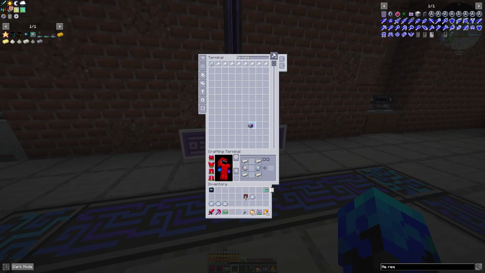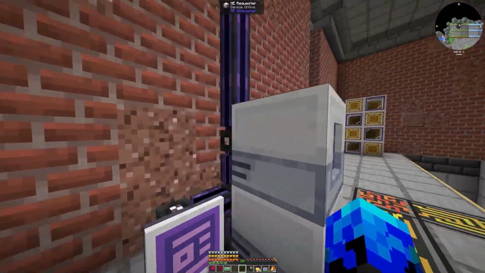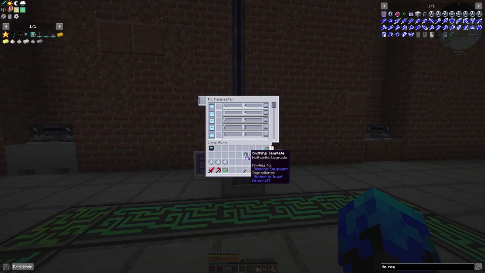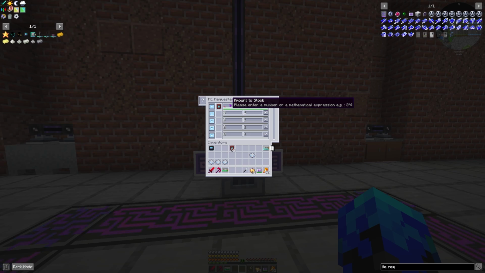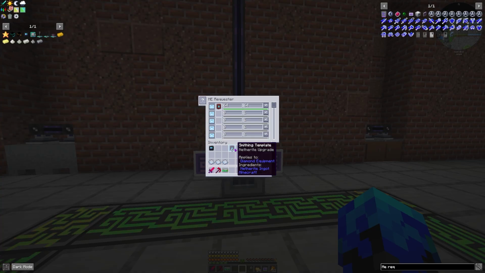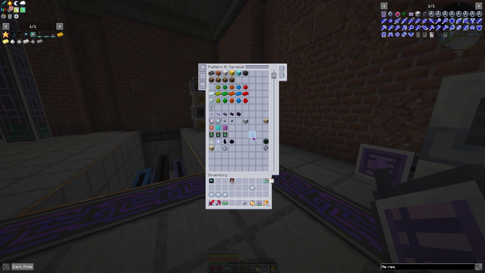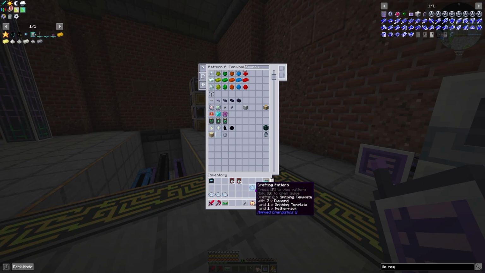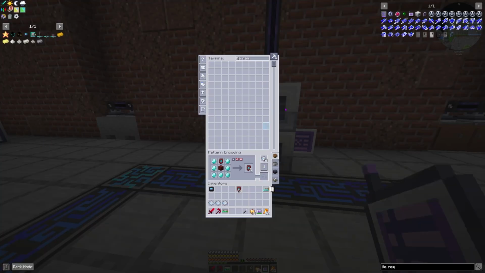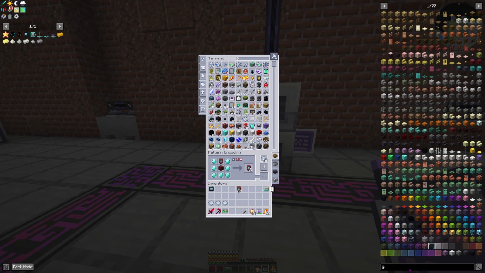Boom, boom. So with this ME requester, we can shove that right there. It's got enough channels, perfect. Let's throw you in there. We want to always keep at least 64. That's 64. Have I already got that in here somewhere? Oh. Smithing template right there. And then, if we come back in here and go back to the functional storage,